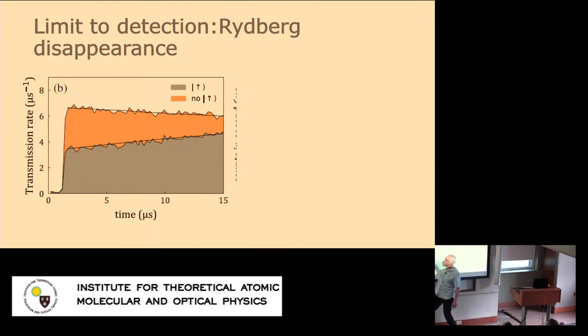The bigger problem is basically that when we have prepared the Rydberg atom, this gray curve, then the transmission slowly goes up, which means somehow this atom in the Rydberg p state disappears on a time scale which is much faster than the decay, and we measured this to depend on the control laser. So this is something we don't really fully understand. Maybe it's related to these avalanche processes where something is created and then pushes the Rydberg atom out. But basically what we see is that when we have a higher control Rabi frequency, then our available measurement time is shorter. And this process was limiting the fidelity of the system.